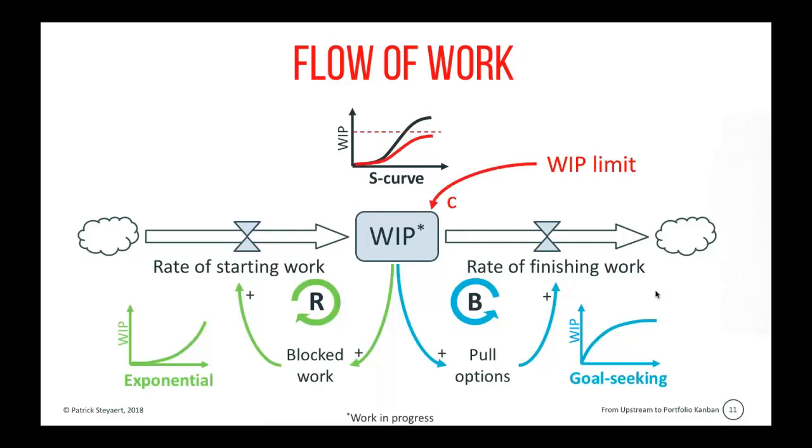Limiting WIP mainly results in flattening that S-curve, making that S-curve less high. So constraining the stock, and by doing that, reducing the lead times and getting all the good things that we have been talking about in the Kanban community. So shorter lead times, a higher throughput, and so on. That's standard Kanban thinking. That's standard flow thinking. We can represent work as a flow system.